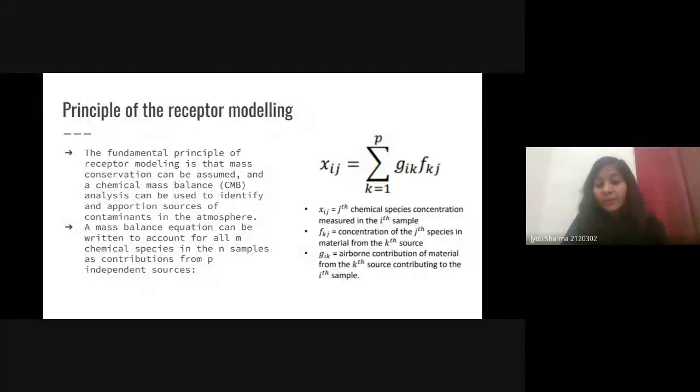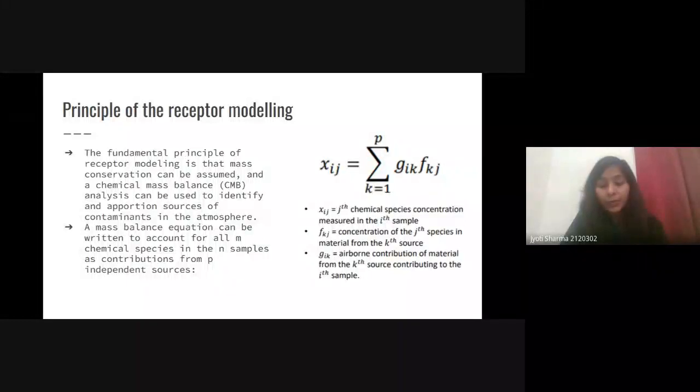Then what is the principle of receptor modeling? Like I told you, you will feed some data into the receptor models, and then you will get to know the result. But what is the principle of these receptor models? This is based on mass conservation. Whatever mass was at the source, it should be the mass